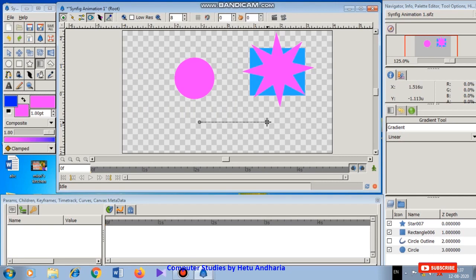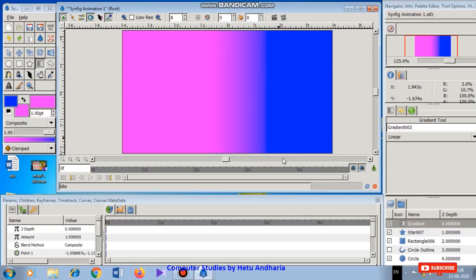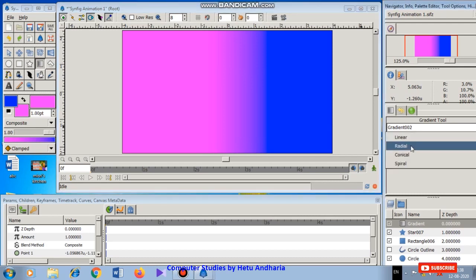Now I create a gradient. Gradient is also a layer. You can see here different layers are getting added. So a gradient with these two colors is selected, and under this layer the other layers or shapes got hidden.